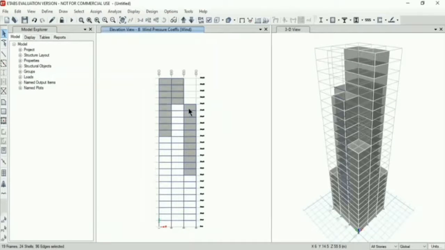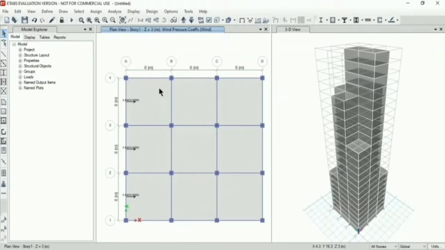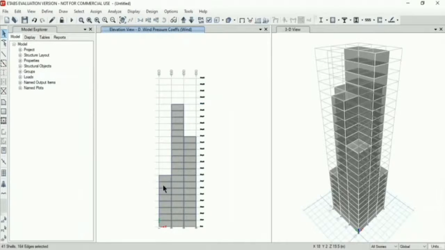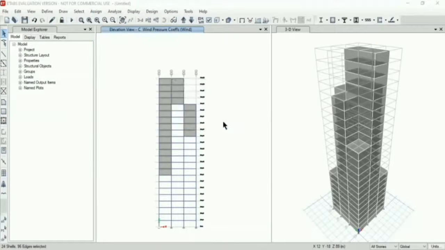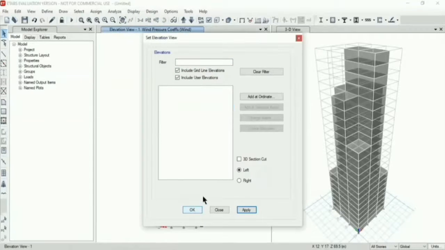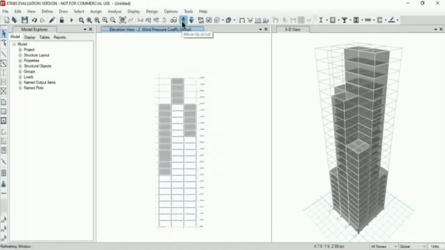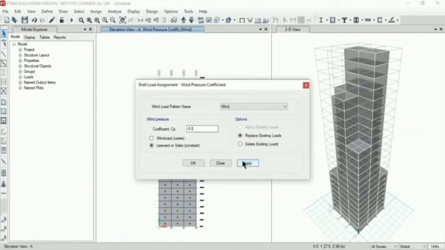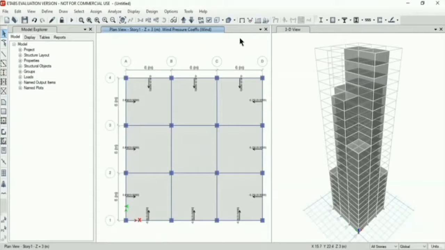Similarly, assign the coefficient for other sides of the building. As you can see, the coefficients are defined for every side of the building.